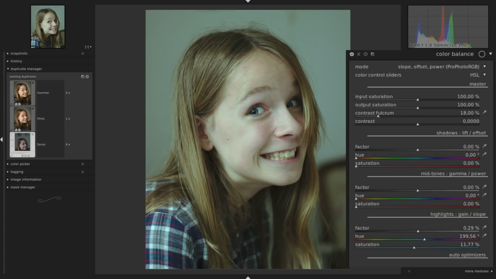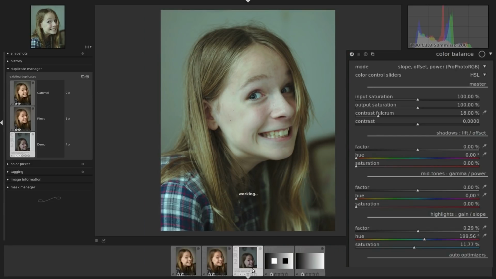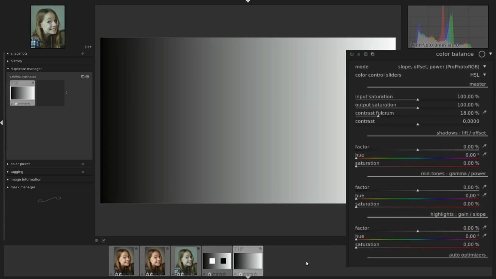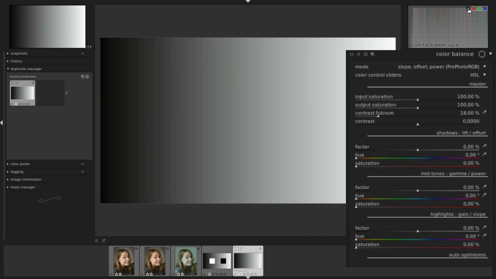I think we see that best if we go to our grayscale image. Go over here and we set histogram to waveform. Then we can see in the slope offset power mode,